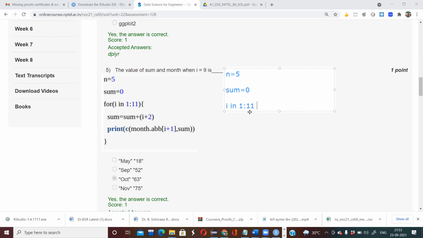They didn't mention the increment value of I, so I will be incremented by default by 1. And the sum is sum equals sum plus I plus 2.